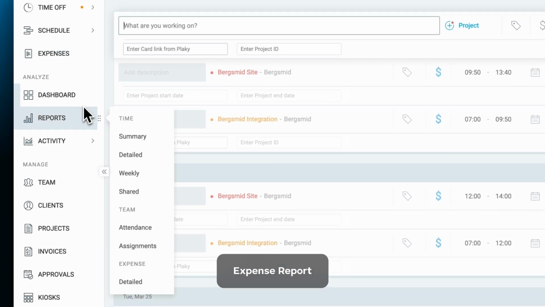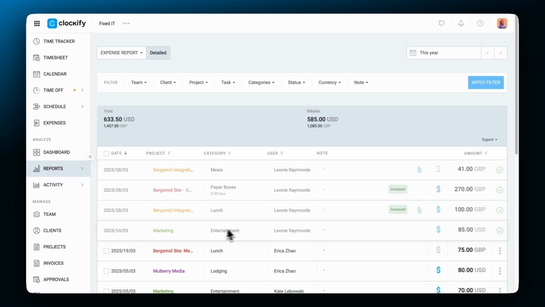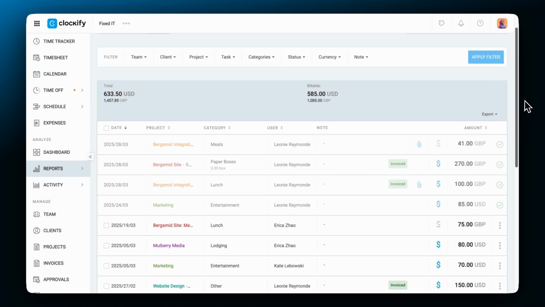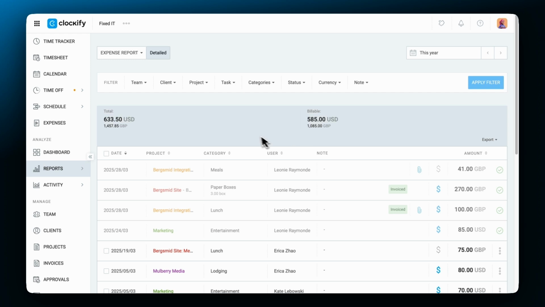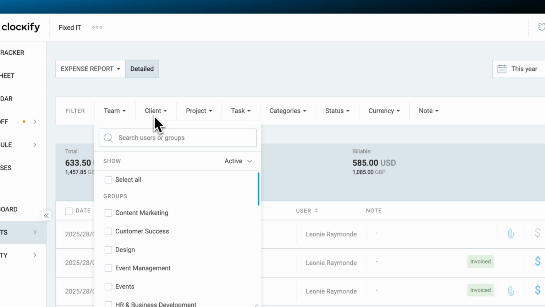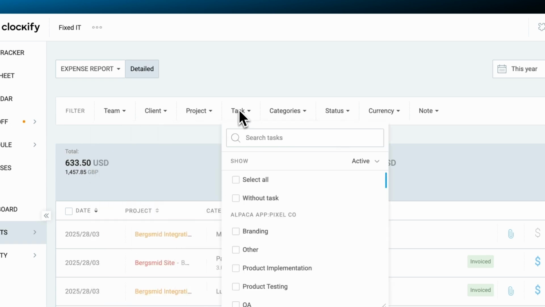The expense report shows you an overview of expenses recorded for a specific period of time. You can customize the period for which you want to see expenses and use the filtering options to get specific information. You can use filters to display expenses created by specific team members, expenses tied to specific clients, projects, tasks,